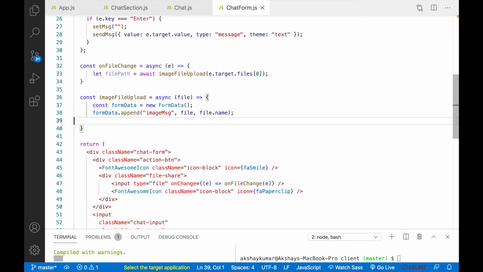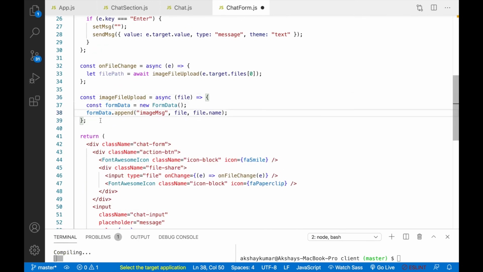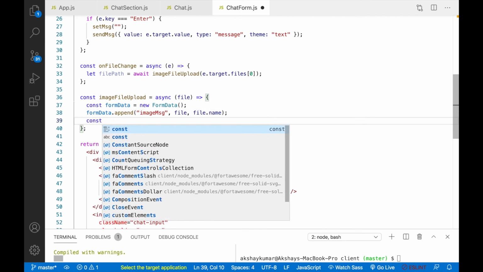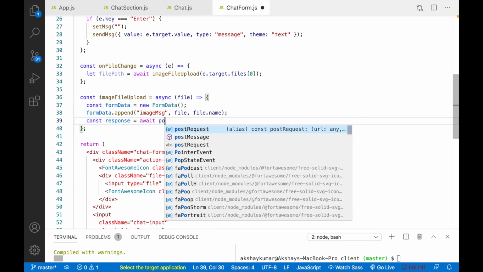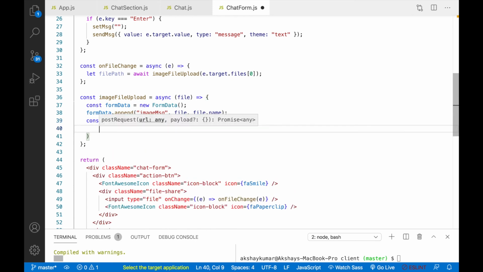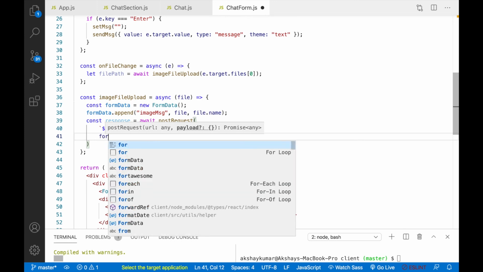So now here I will format the file. Now we'll write const response equals await post request, and here we'll pass base URL and upload image file. After this we'll pass form data.